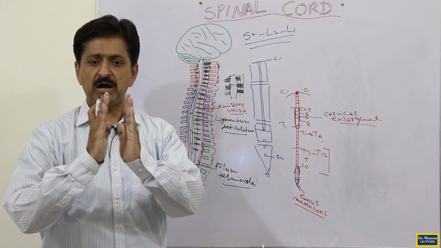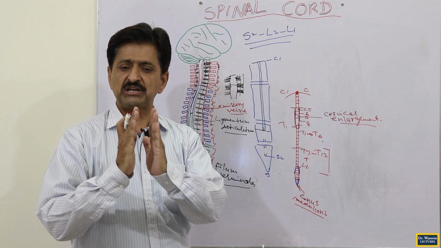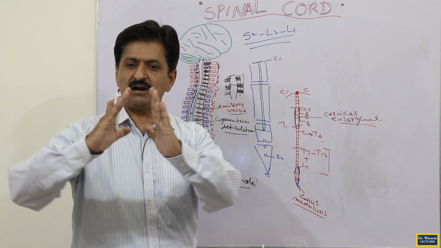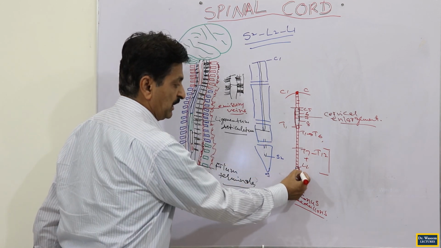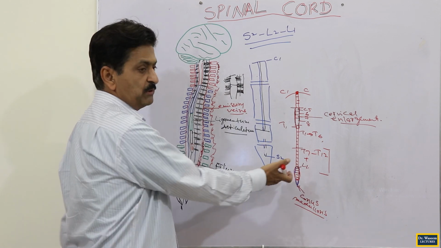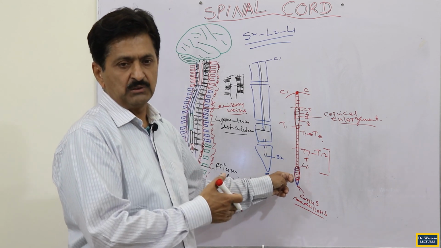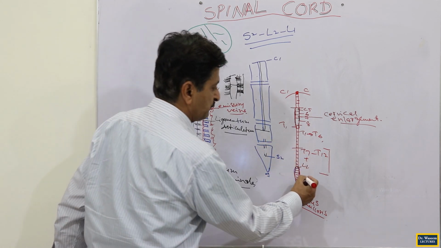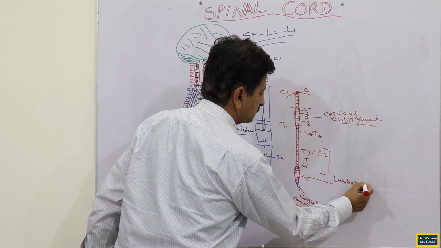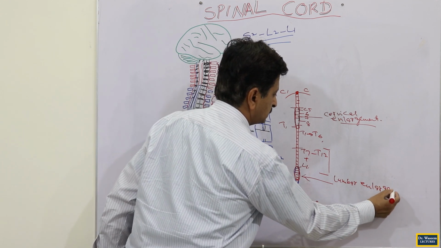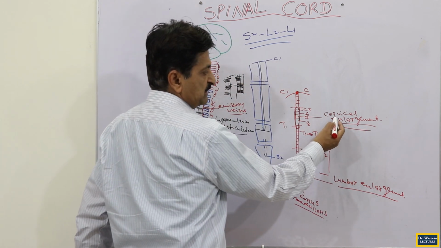So this part of the spinal cord related to these segments, from L2, 3, 4, 5, S1 to 3, is not cylindrical and narrow here, again it bulges. Abruptly it will bulge from both sides, again become spindle like, fusiform. So this symmetrical fusiform swelling or thickening is present here. This is another enlargement, lying more in the lumbar region, that's why we call it lumbar enlargement. So we have the lumbar enlargement, and the cervical enlargement.